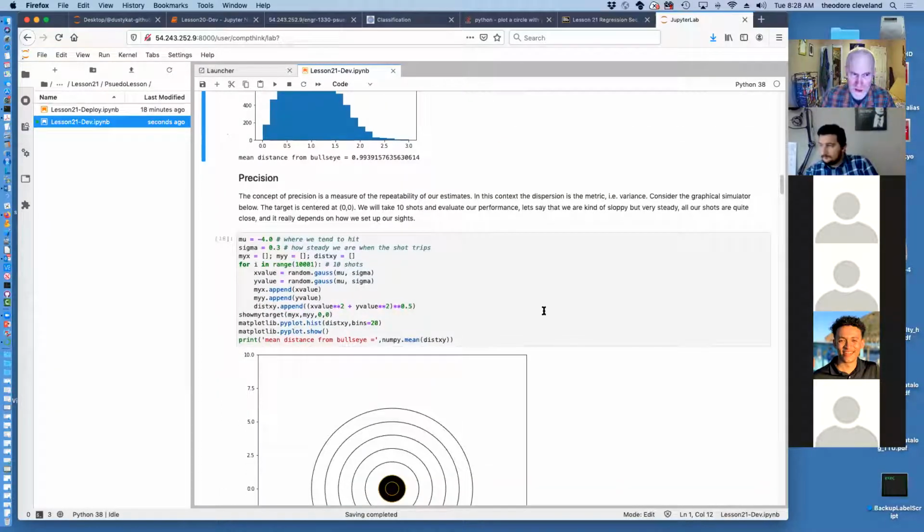Precision is the measure of the ability to repeat things. So the concept of precision is a measure of the repeatability of estimates. In our case, the dispersion is the metric, in other words, the variance. So if we consider our graphical simulator below,